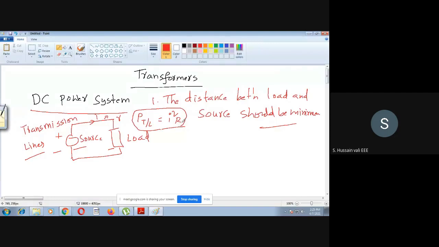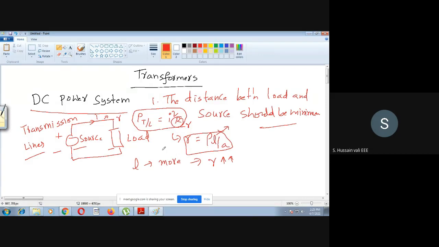Now, one important aspect here is what this R value is. That is the resistance of the transmission line R. Everyone knows that R has a mathematical representation, rho L by A. So R depends on L. What is L here? L is the length of the transmission line. If L is more, then R is more, because R is directly proportional to the length.